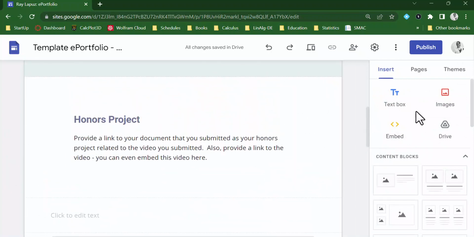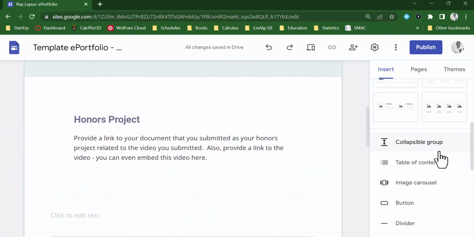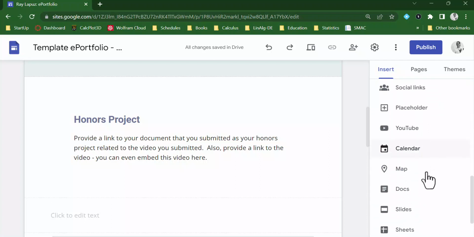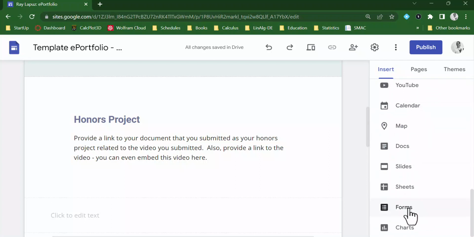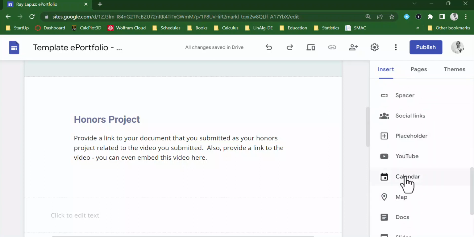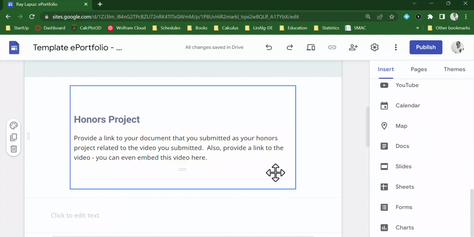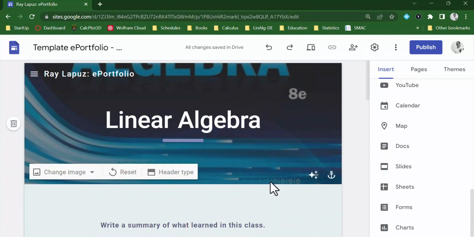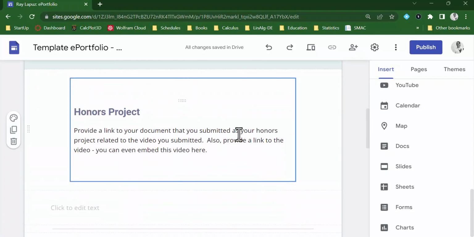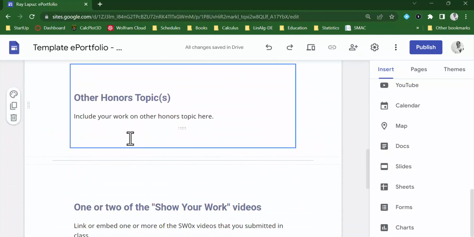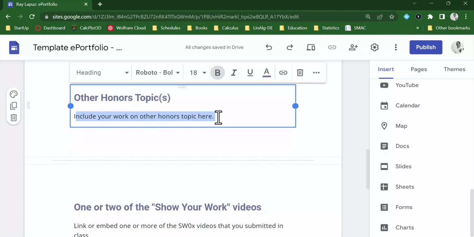So there's a lot of easy navigation and easy editing here, and then you can play around with other things down here, like putting a YouTube video, putting some slides, or whatever you might have. So that's your linear algebra. Well, this is the head project, and then down here you should have done 3 projects. So you can include one other project out of the remaining 2 here, and that would constitute you uploading